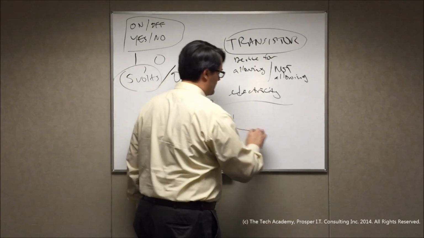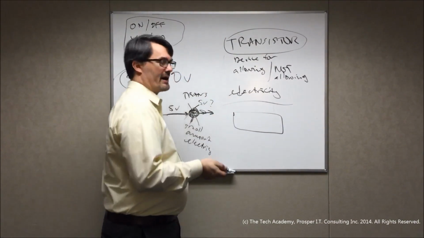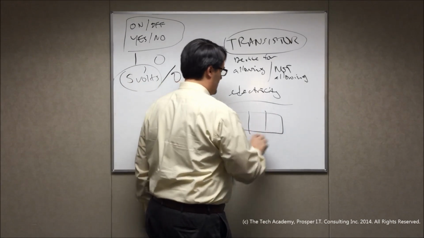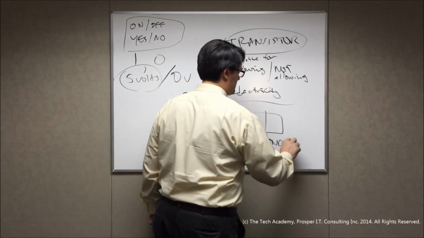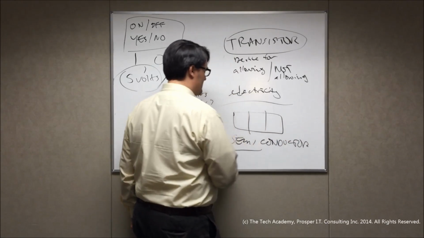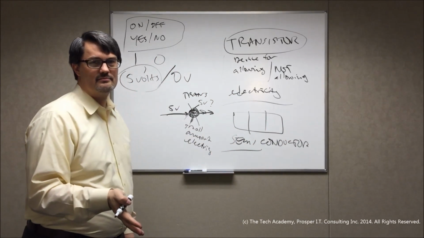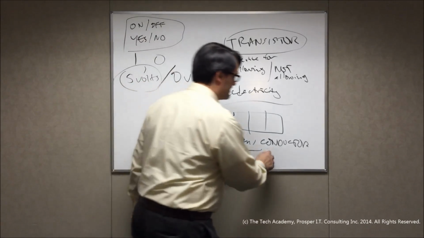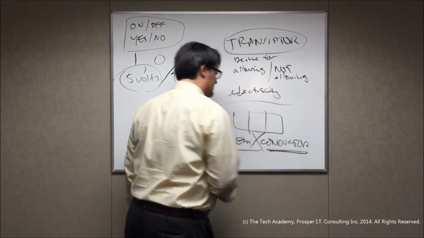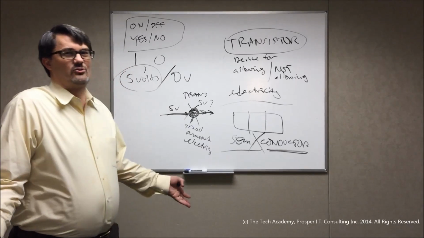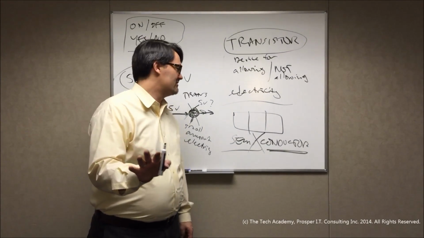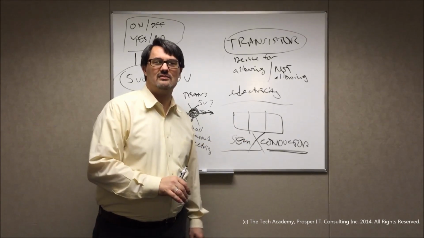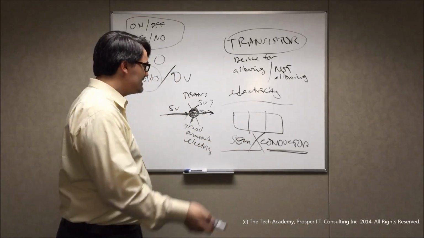How do you make something like that? Well, it's fun. You take a special metal called a semiconductor. Semi means half. Half the time it conducts electricity, half the time it doesn't. How do you control when it does or when it doesn't? By the way, it's not half. It just means that it doesn't have to conduct, and you control whether it does or doesn't. How do you do that? Well,